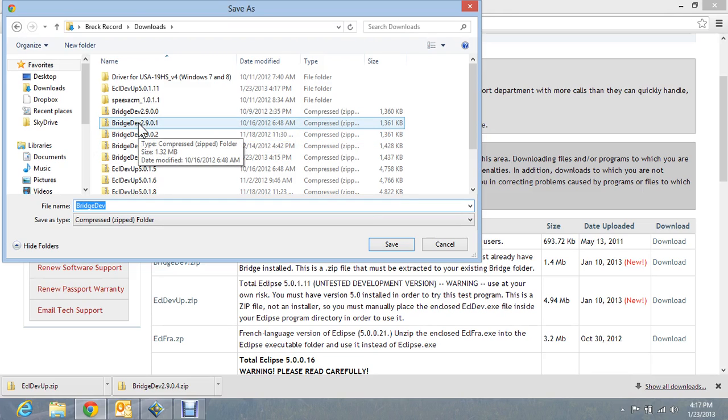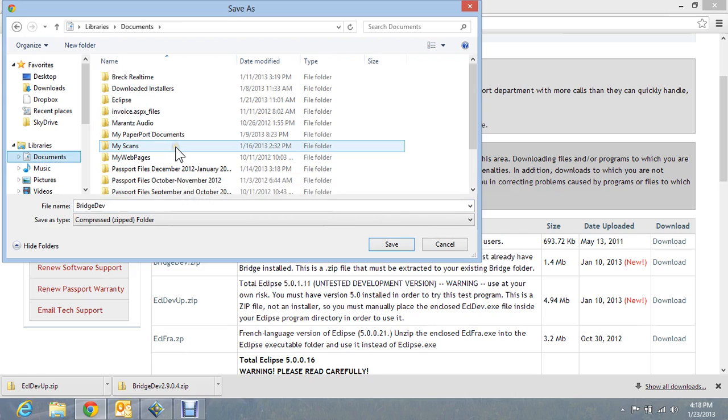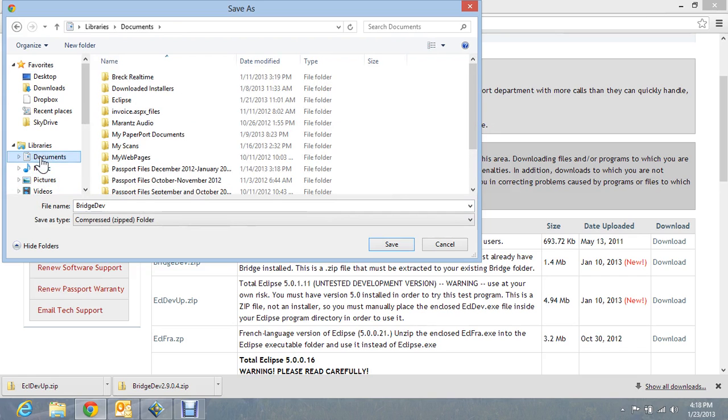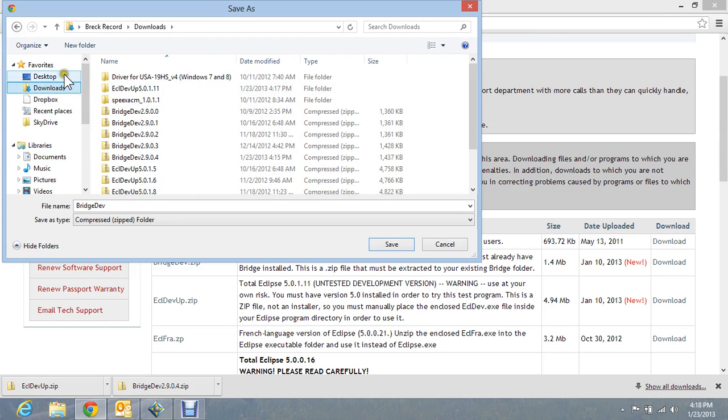Now say for instance your Chrome has defaulted to some folder where maybe it's in your pictures and you want it to go somewhere else. Of course, just go over here and choose where you want it to go, and if you want it to go somewhere else, you can find the path. If you want it to go to downloads, which is where I'm putting mine, just click your downloads